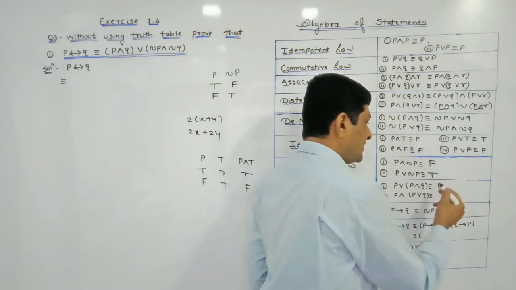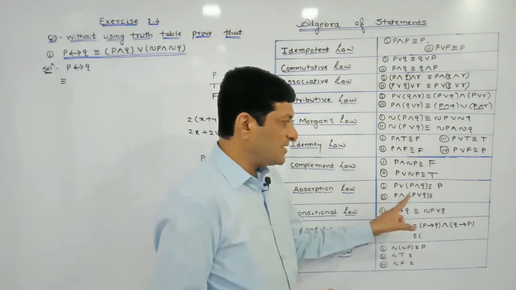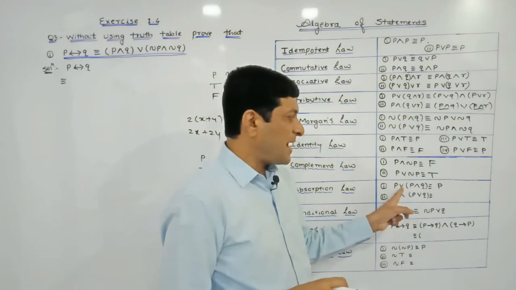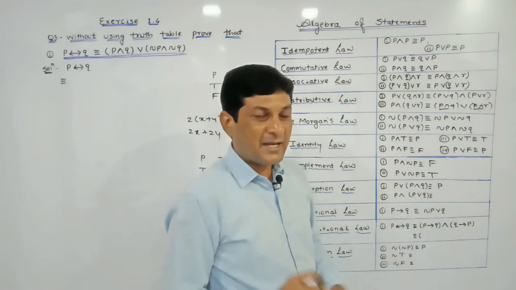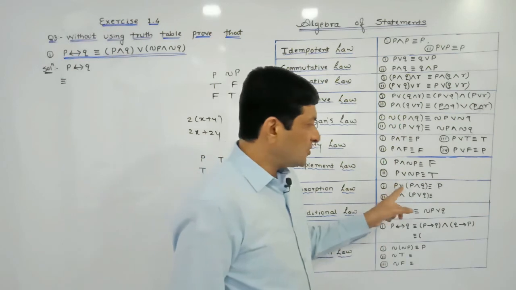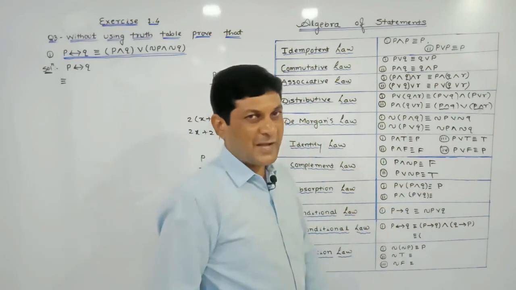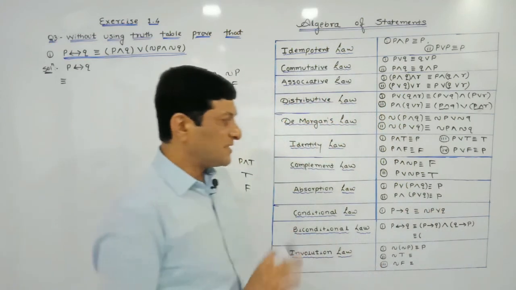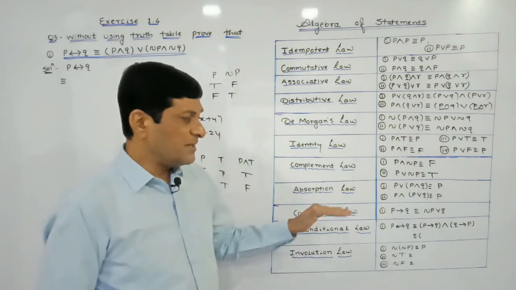If you are simplifying it using these laws, the result will be what? P. Means if first OR is there, second AND is there, and if first AND is there and second is OR, means two statements are connected by AND. लेकिन तीनों स्टेटमेंट में से दो स्टेटमेंट अगर आइडेंटिकल है तो जो स्टेटमेंट आइडेंटिकल है वही उसकी वैल्यू होगी, according to what? Absorption law. Here also its value will be equal to what? P. And this result we are getting by applying what? Absorption law.